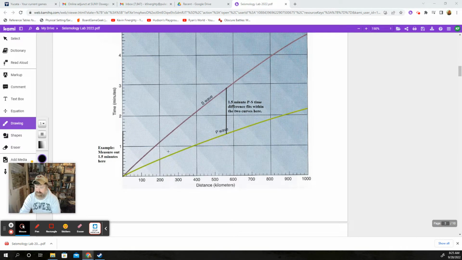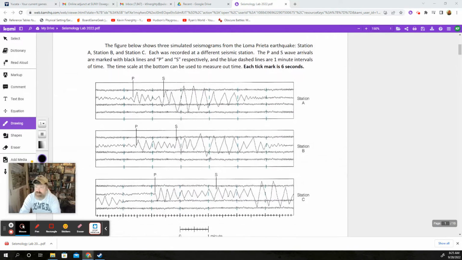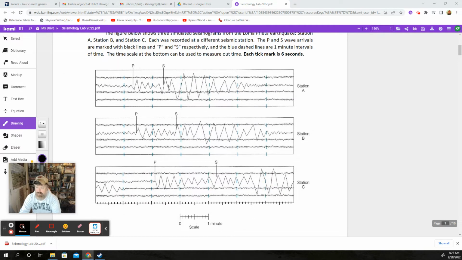You've got something that goes faster, that's the green line here. You've got something that goes slower, that's the purple line here. Just like light and sound. And you use that increasing gap to figure out a distance. We're going to do that, but a little bit more precise than just counting. If we take this and figure out how far apart those are, then we can go down to that chart and do it. That's the goal here.